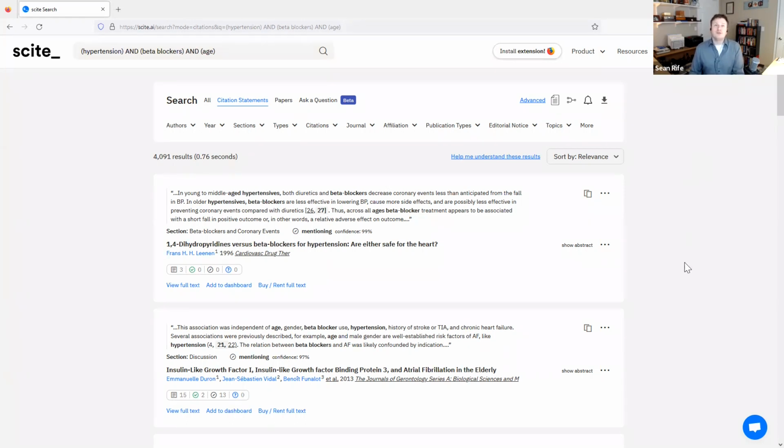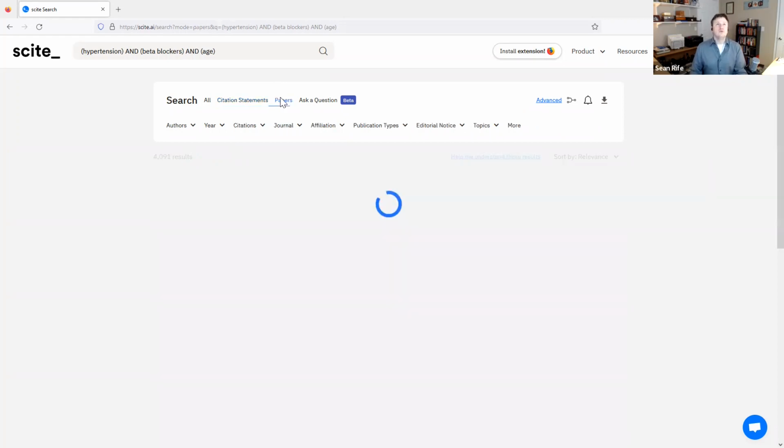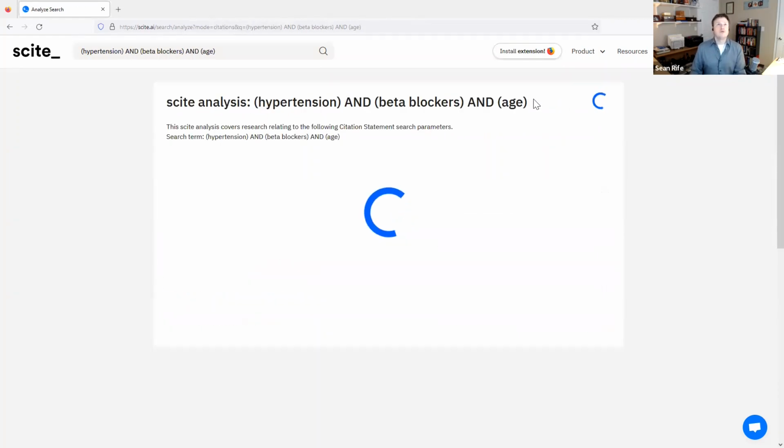So one feature that we've built into our search facility is the ability to generate what we call a scite analysis. Any time you do a search in scite, scite will generate for you what we call a scite report.